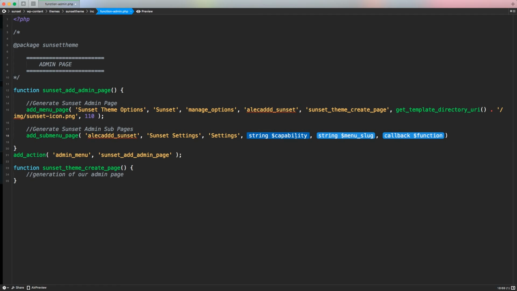The capability is exactly the same as the menu page, so we want to be sure that the capability to access this page is at the same level of our parent page, of our main admin section. So in this case, I use manage_options to be sure that the user that can access this section is an administrator. I'm gonna put also here manage_options. The slug menu is pretty much exactly the same as this one, but of course this is the sub settings page. So I want to extend